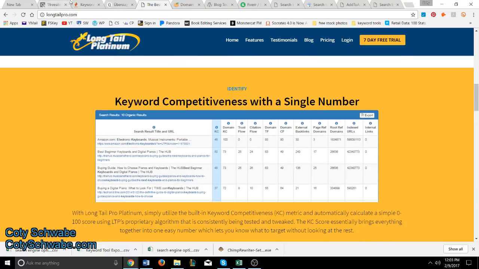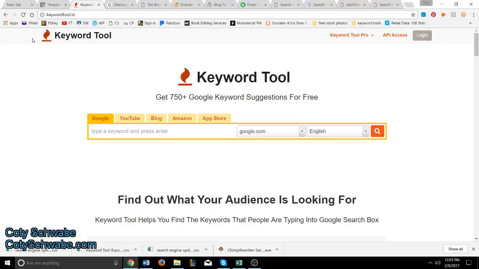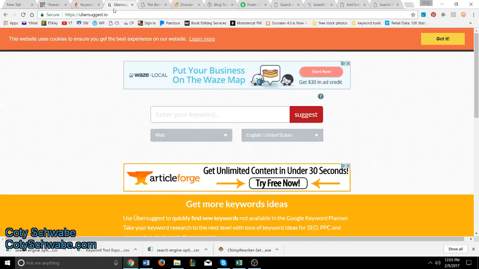However, if you're on a budget or you're just looking for quick keyword ideas, you can use keywordtool.io. This will give you some suggestions, and so will ubersuggest.io. Okay,